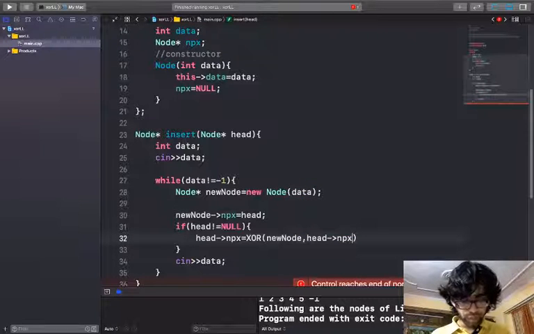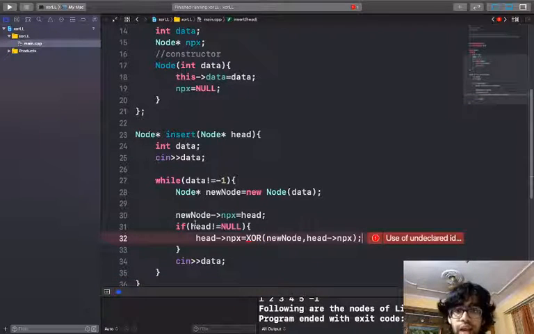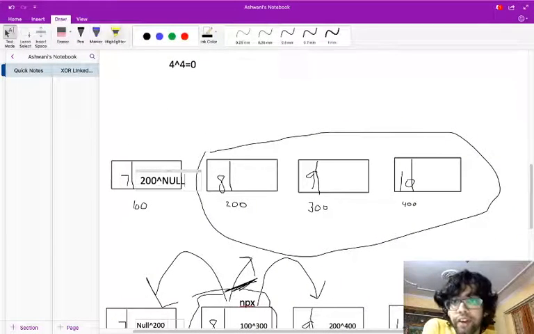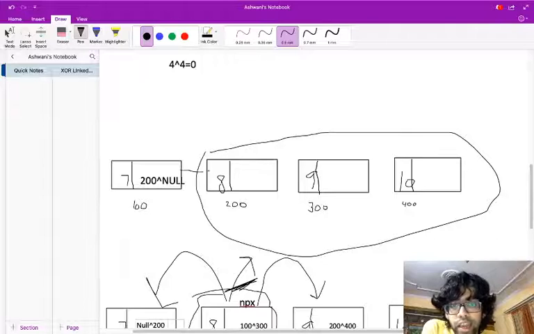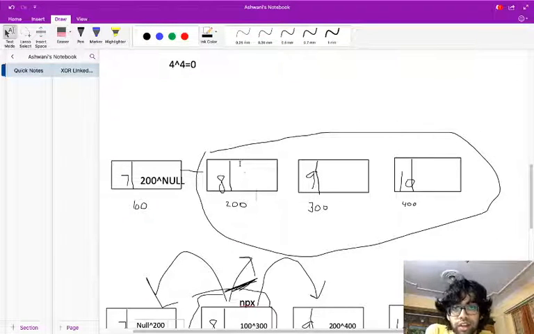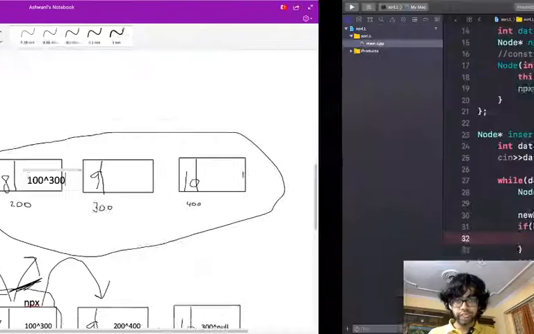So I also have to create a XOR function. We will create it later. So what am I doing here is that I am just storing. Let's look at here. If I attach this node here, then I also have to update this head because earlier it was storing only 300 because 300 XOR null is 300, but now it has to store another thing which is, I think you have guessed it right, 100 XOR 300. So that's what I'm doing here.